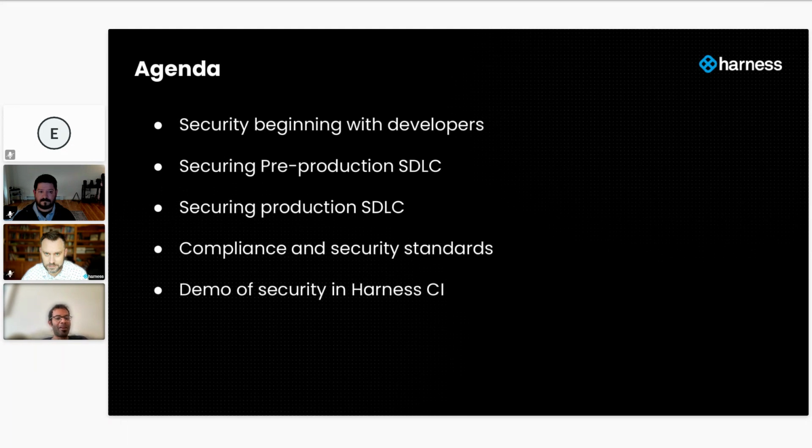Often, one of the learnings I had is that when people think about CI, it's a lot about connectors, but we'll cover some interesting learnings on other aspects to think about when certifying a CI platform. And then we'll have demos in the end, and hopefully the demo gods will be with us, and we'll be able to show you some interesting aspects of securing builds in a cloud environment.